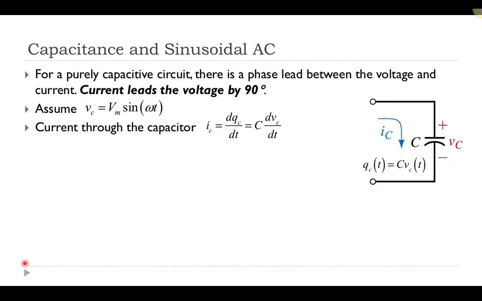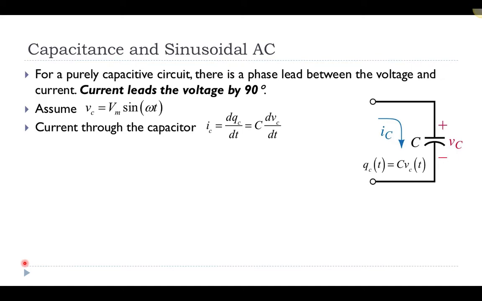In this presentation, we talk about what happens when you connect a capacitor to an AC voltage supply, and we're going to also talk about the impedance for a capacitor. So for a purely capacitive circuit, if you connect that capacitor to a voltage supply, it turns out that the